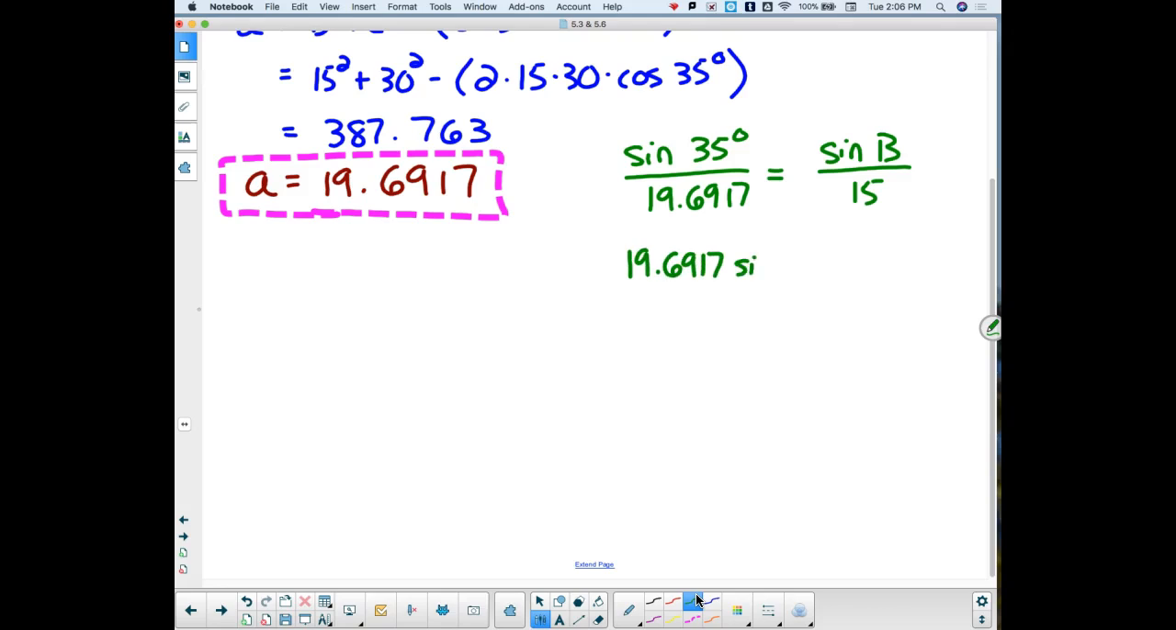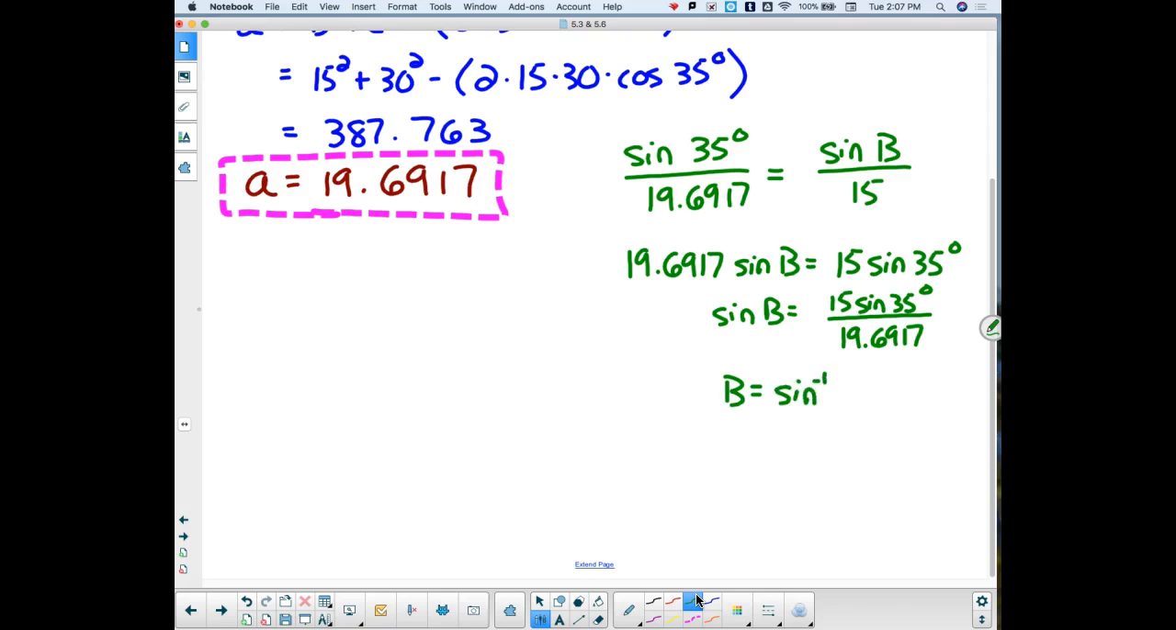19.6917 times the sine of angle B is going to be 15 sine of 35 degrees. Sine of B is 15 sine of 35 degrees all over 19.6917. So angle B here is going to be the inverse sine of 15 sine of 35 degrees all over 19.6917. And we go to the old calculator and we get